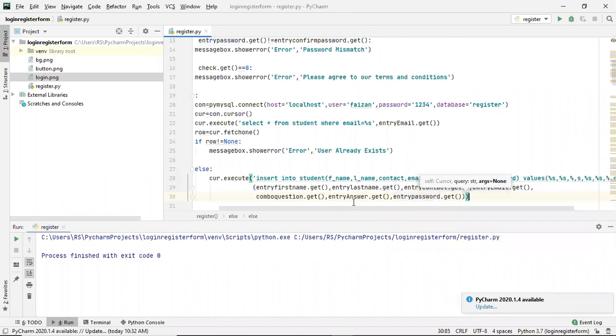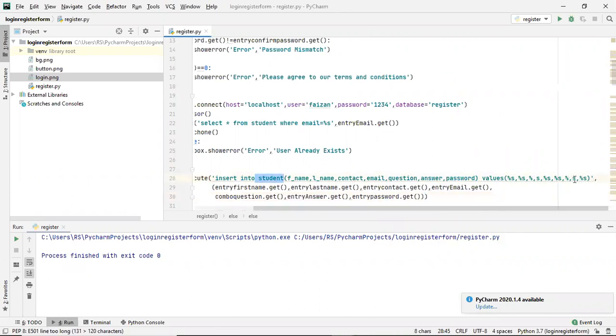Okay, so what I am doing here, I am simply inserting into this student table. What I am inserting, I am inserting values. Okay, and that values, these percent s will be replaced with these values that we will get from these entry fields. So whatever values you will give in these entry fields, that will be inserted at these positions, these columns of that particular table, student table.